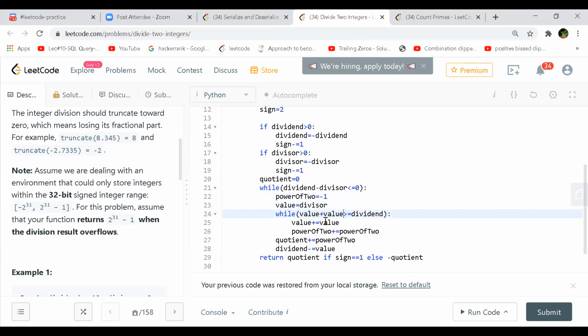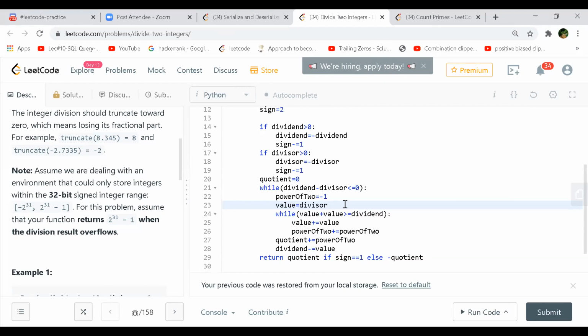Okay, so this is an optimized version of what we were discussing, correct? The previous one, what we were talking about, is you just subtract divisor from dividend, and then you increment or decrement your quotient, whichever way you want, and then you return. But the way you are doing is an optimized version. So that is clear now, right? Whatever we discussed earlier is fine, we don't have to go through that. This one is optimized because that was O of n operations, so we need to come up with a better version.